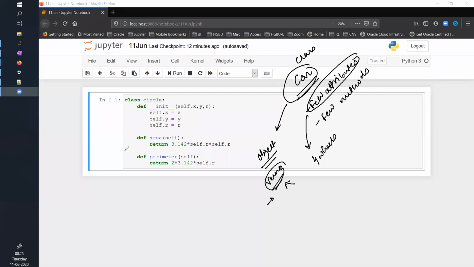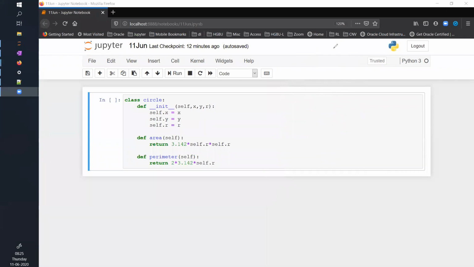Okay, so when I was discussing this, to create this car class, I created a car class, and then this def init function, for sure you have to add to initialize the parameters.